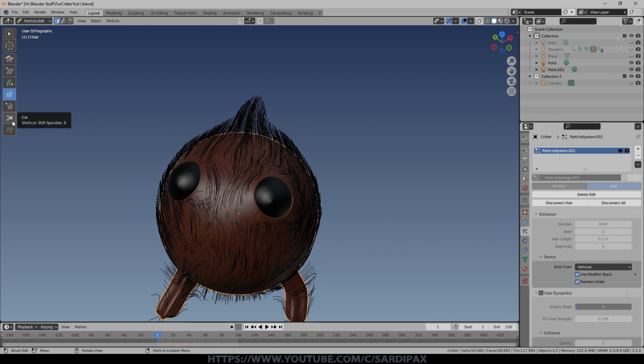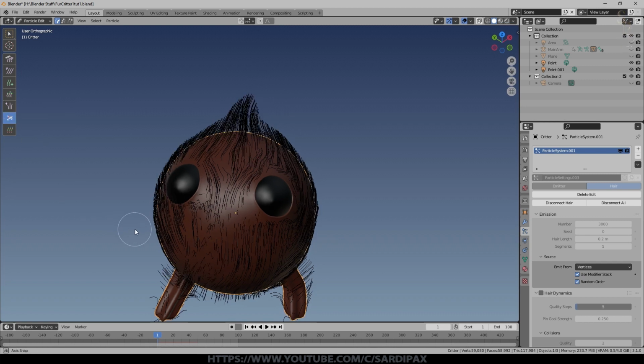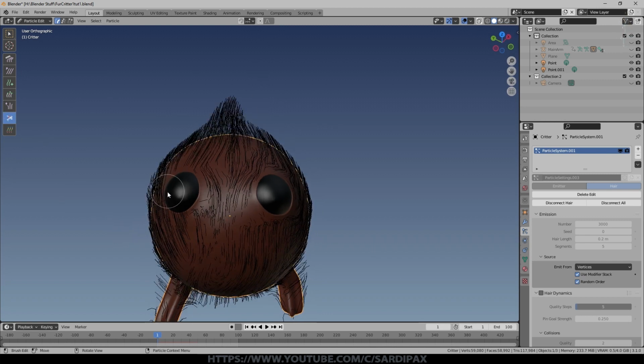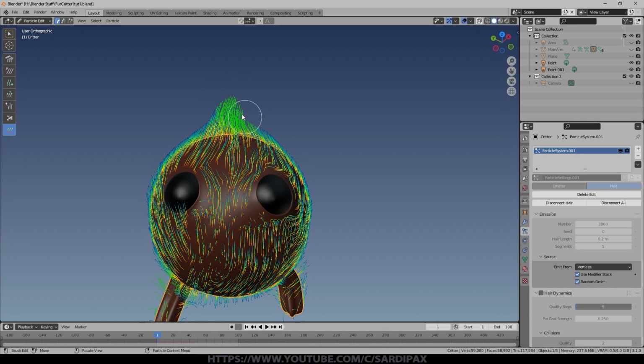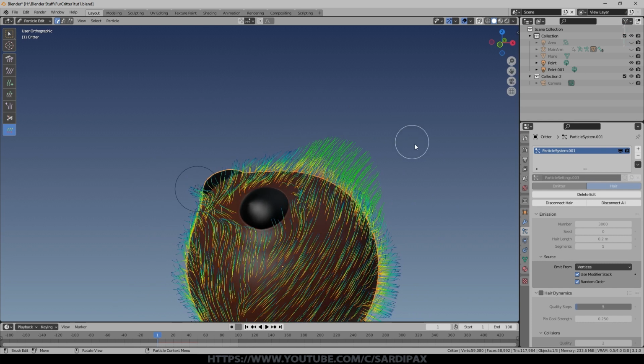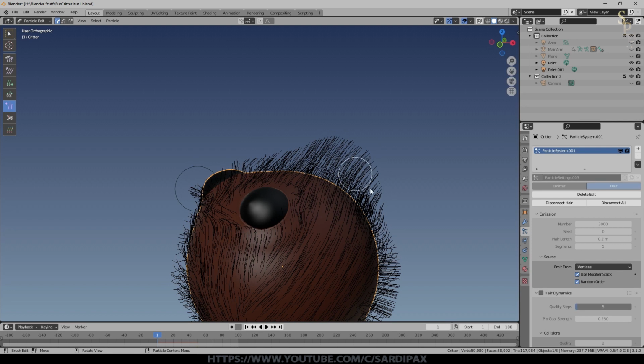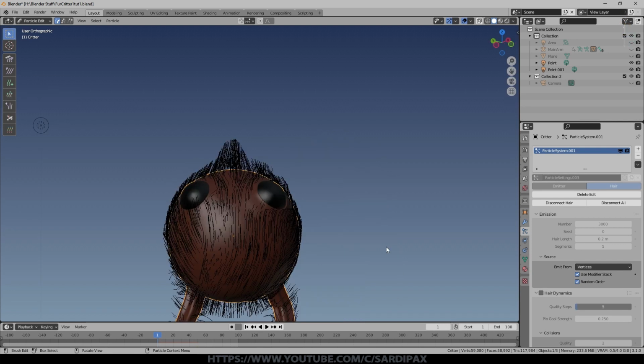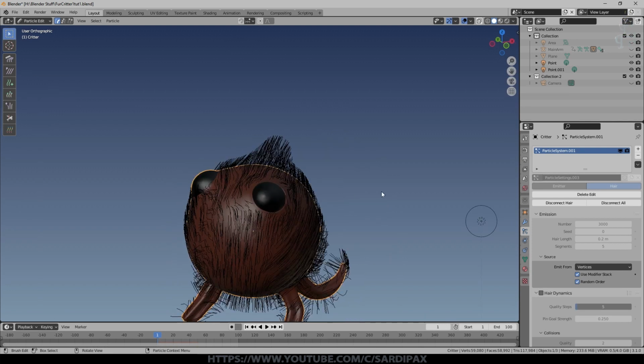And we can cut the hair. So if we had some hair that was perhaps encroaching on his eyes or whatever, we can cut it away like that. Let's put that back. And we can affect the hair like this with weight painting. So we can here weight paint the hair, and there are some options to do special things depending on the weight. We can puff it out a little bit here. Once you've done that, that's his hairstyle as it were.